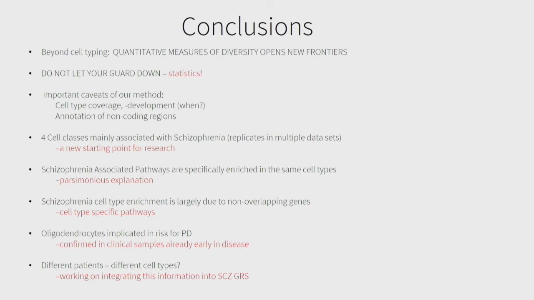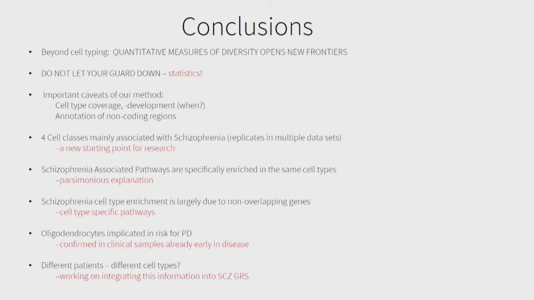to try to be transparent, there are some really important caveats to the method that I just presented to you. One of them is, of course, the cell type coverage. We have shown you data from mice that are adult or late adolescent maybe, but of course, many of these disorders could be neurodevelopmental disorders. So we're lacking data on developmental stages. It could be that the most important genes are expressed by different cell types during development.